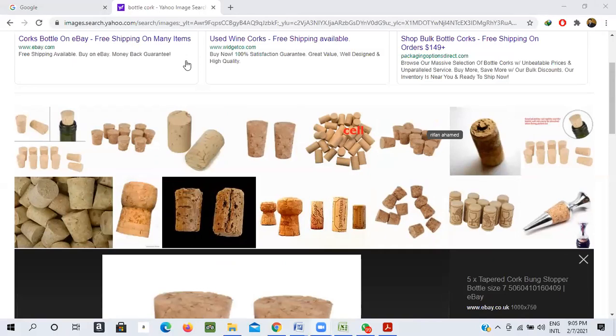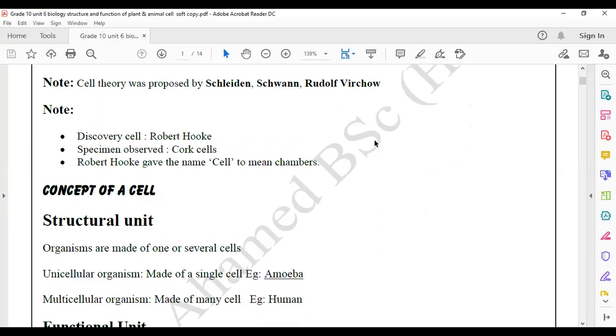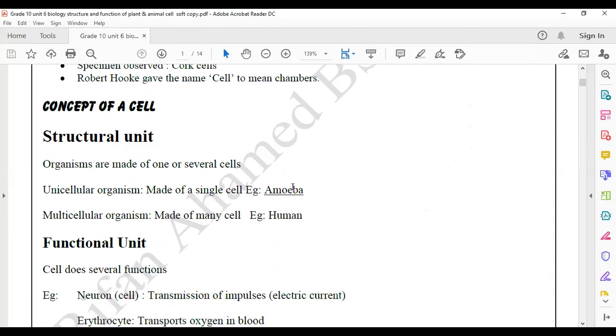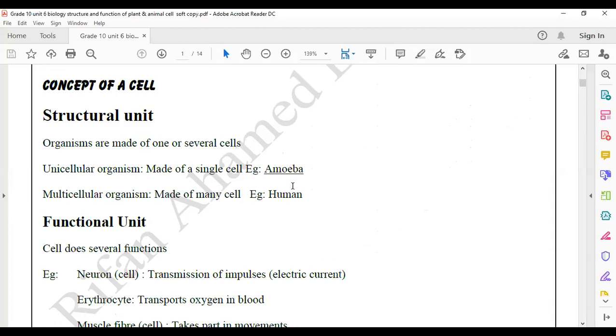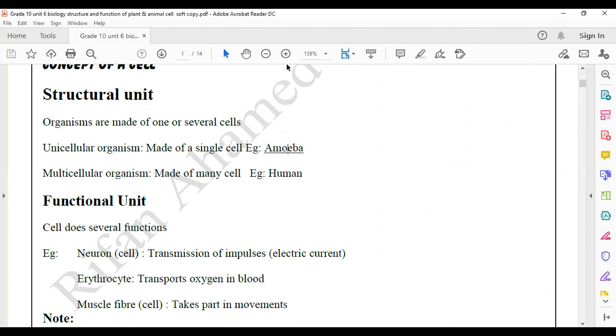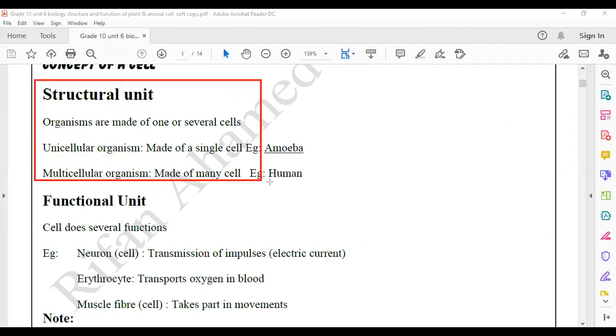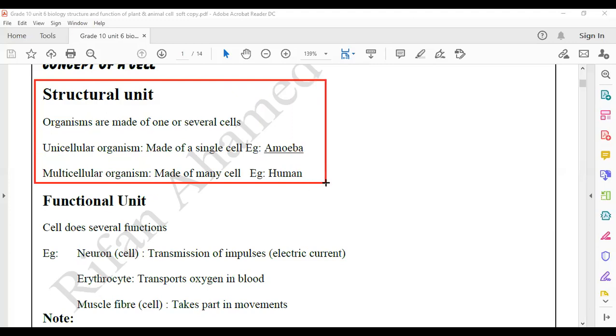Okay. In your textbook, to justify this idea, that the structural unit of organisms is the cell and the functional unit of organisms is also the cell, your book is trying to give some examples. I don't have much to emphasize here. Only one thing I am asking you. Read this portion in the